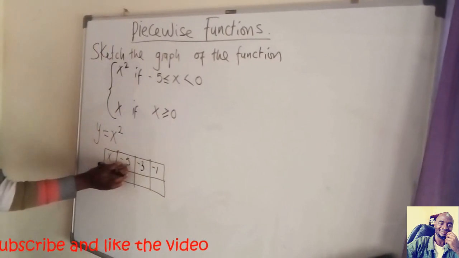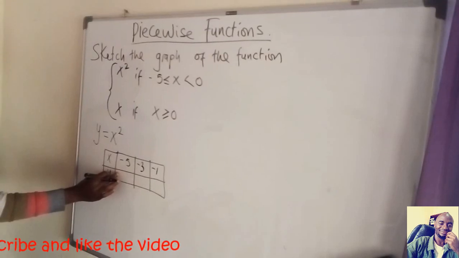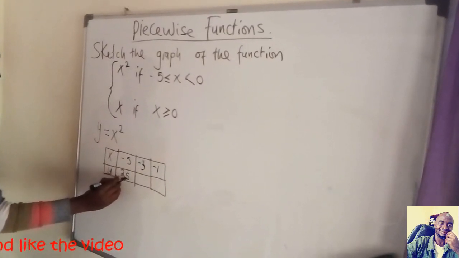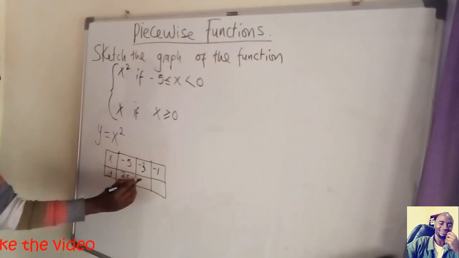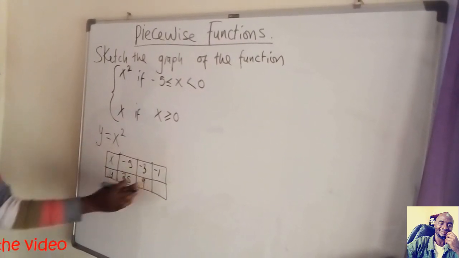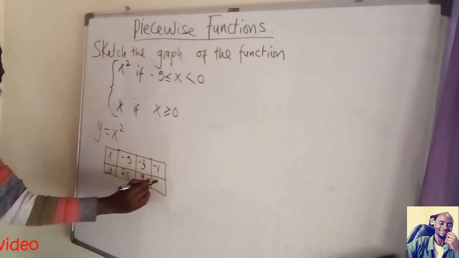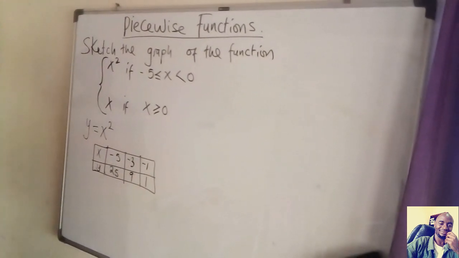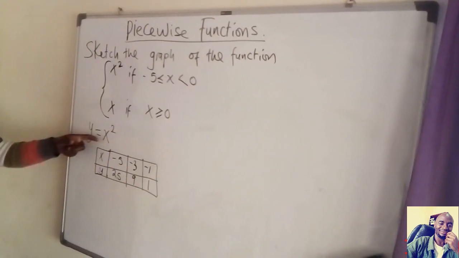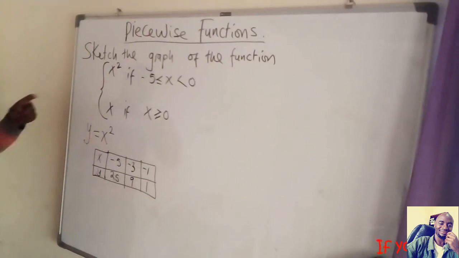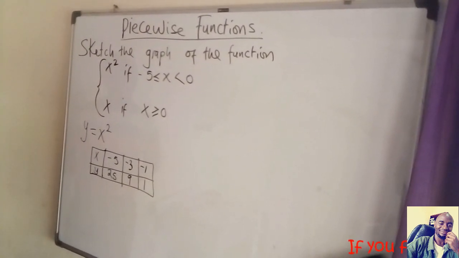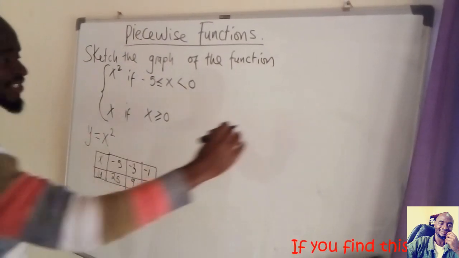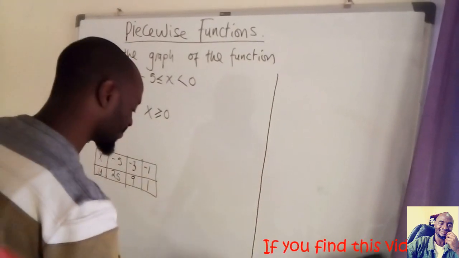So when I put -5 here, the corresponding value of y will be 25. If I put -3 there, y will be 9. If I put -1, I'm going to get 1. I'm getting three pairs of corresponding values because I know this is not a straight line. So I need to sketch that particular kind of a graph. Okay? So now, for you to sketch, you're going to